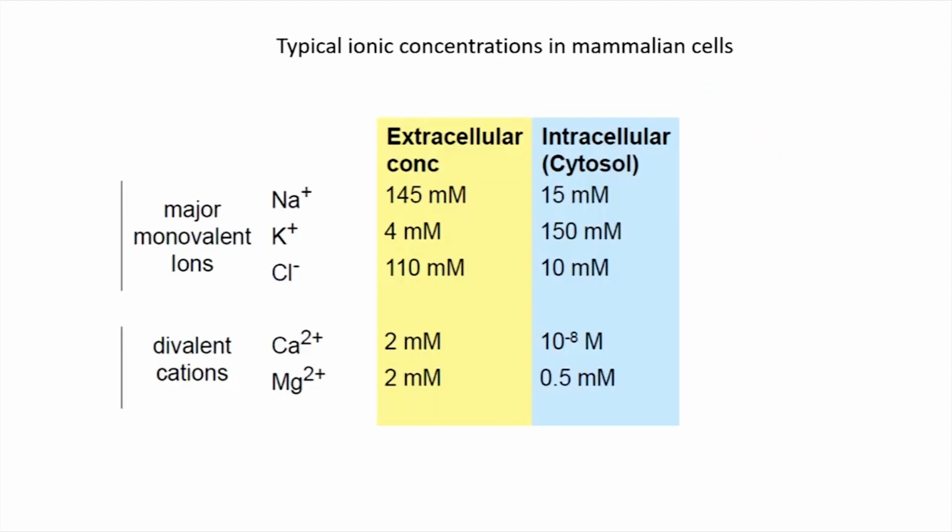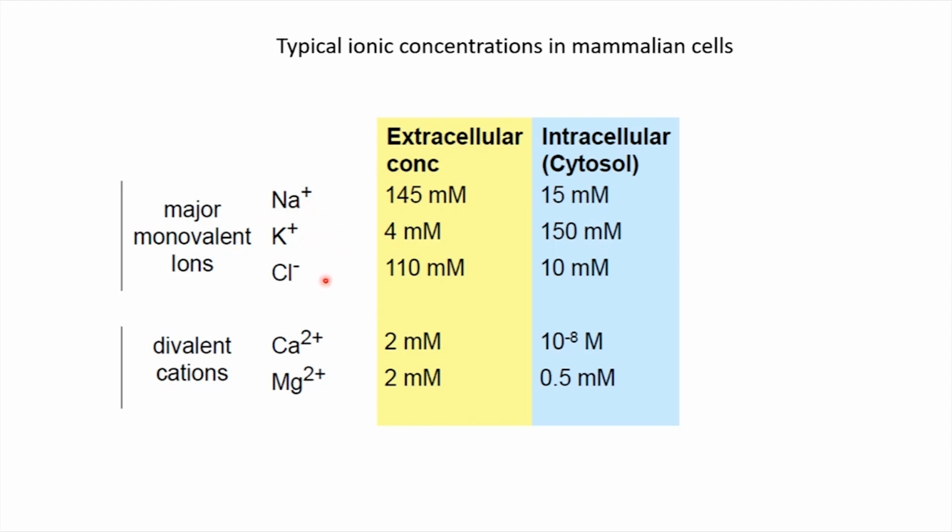Now let's take a look at the concentrations of different ions inside the neurons. And in fact, these ions are also present in other cells of our body in pretty much the same concentrations. So we can see generally what the concentrations of these ions are in typical mammalian cells. These ions can be broadly grouped into two classes depending on the amount of charge that they have. Ions that have a single charge are called monovalent ions, and this includes mainly three ions: sodium Na+, potassium